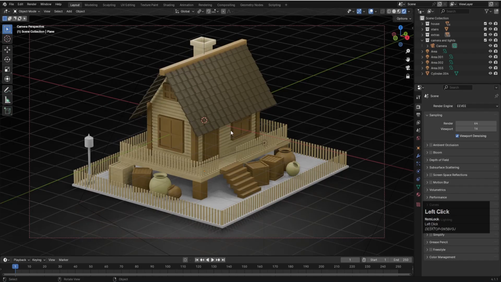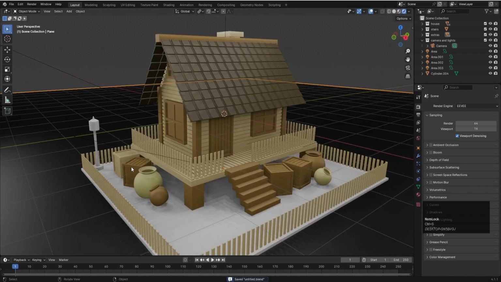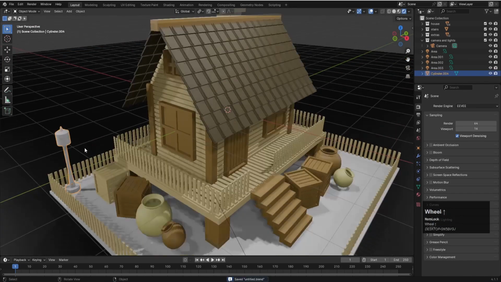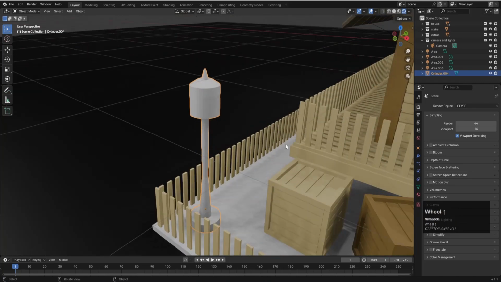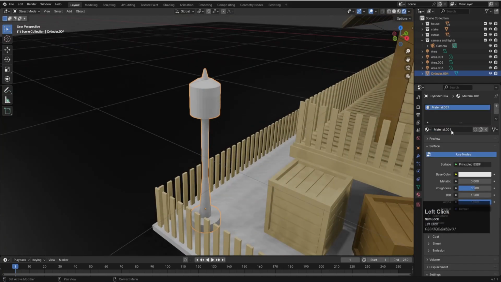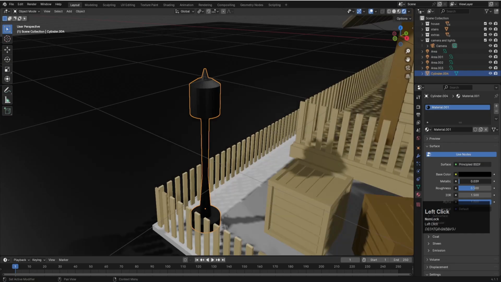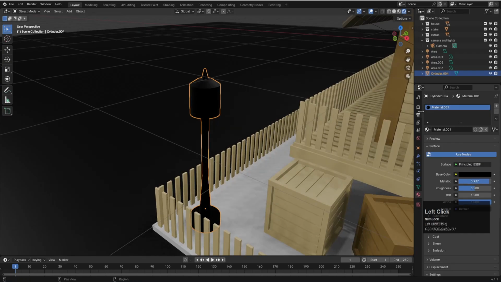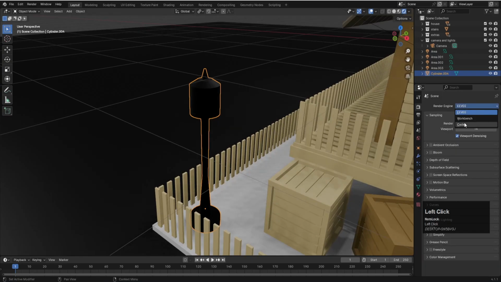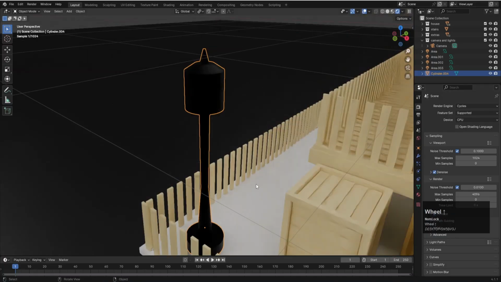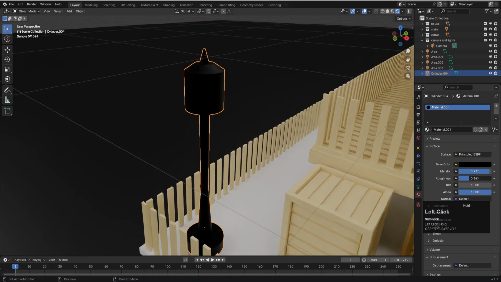Let's go to the EEVEE system and hit 0 to go out of this. Now for this one over here, let's try to select this, and I'll go over here, go to create a new material, and I'm going to create a complete black material over here and increase the metallic value. And let's go to Cycles and let's see how it looks. So from here like this, let's select this material and increase the roughness value totally to 0, and let's try to increase the metallic value somewhere around like this over here,